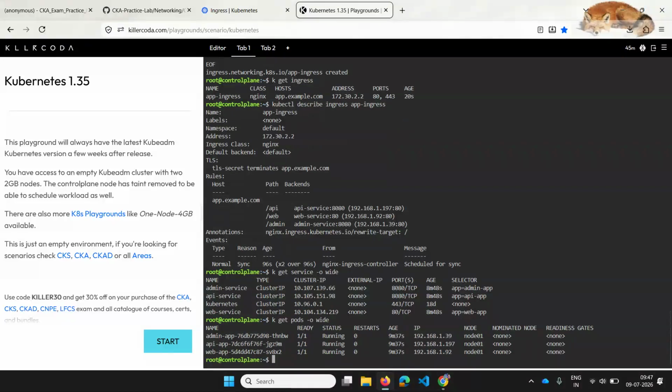So if you see, 39, 110, 197, 92 are actual pod IPs. These services are moving this traffic to these IPs. And this is the annotation, likewise rewrite target.